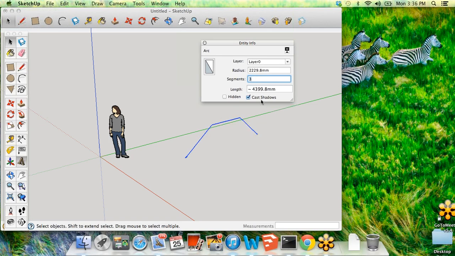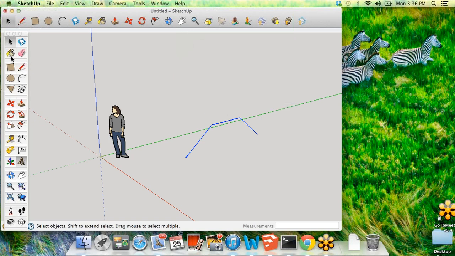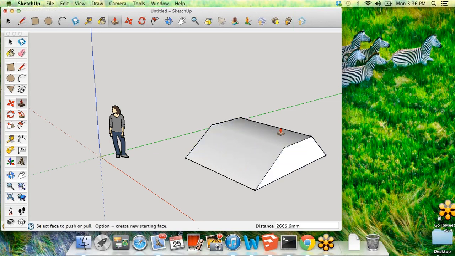But again, if I finish this and make it a surface by adding a line and pulling this through, it's going to try really hard to give us a smooth shape instead of,